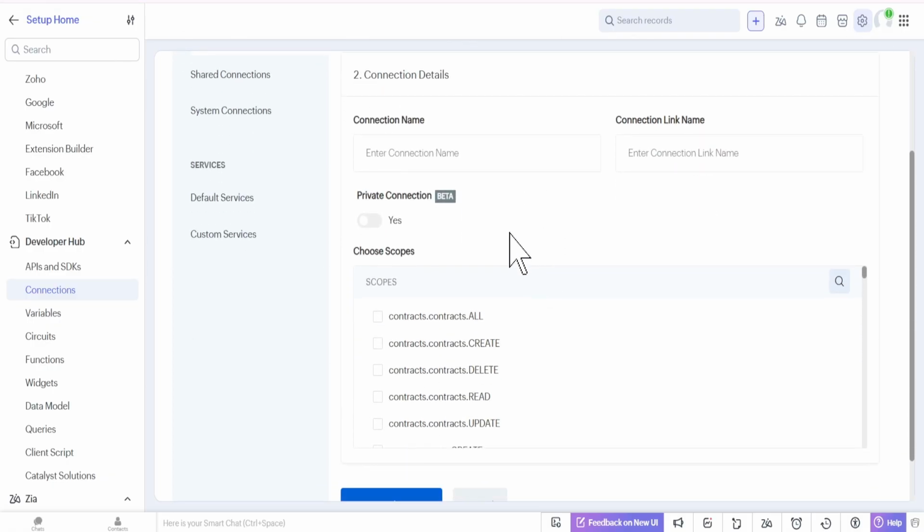Give your connection a clear, memorable name. A good tip is to include what it's for and the environment, such as ZohoCRM.coql.READ prod, so teammates immediately know its purpose. Next, in the scope search bar, type